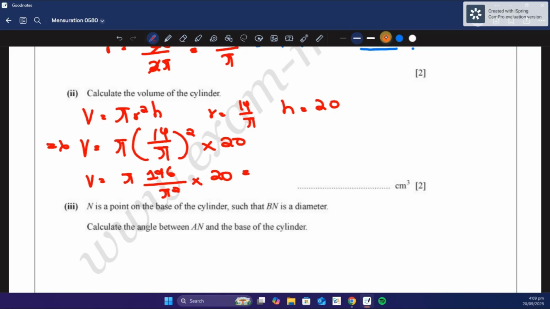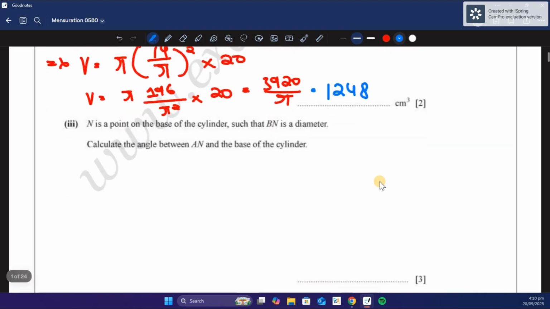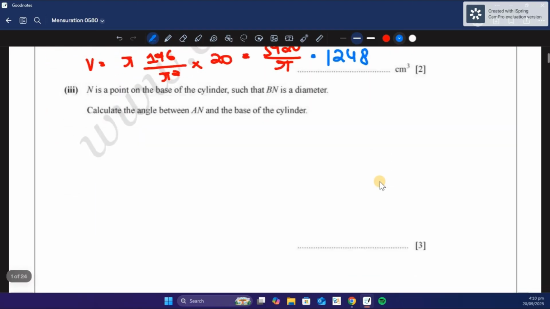This gives us 3920 over pi, resulting in our final answer being 1248 centimeters squared. Alright, pretty simple. Moving forward,